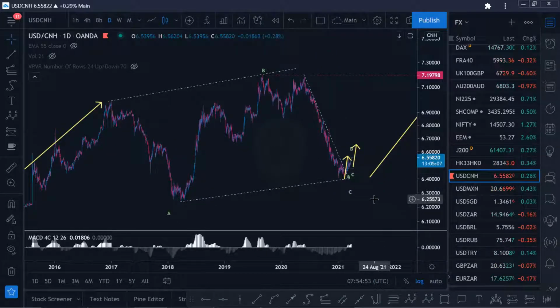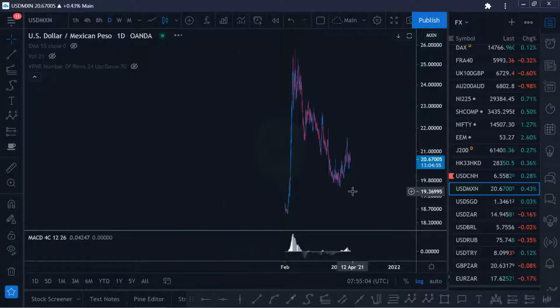So again, these emerging market currencies are in line with what we're seeing there too. People taking their money out of Asia, out of emerging markets back into general, more developed markets to find safety there. We've already been through the renminbi. That already looks like it's breaking higher. US dollar Mexican,